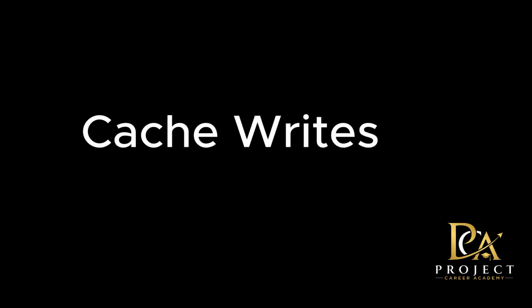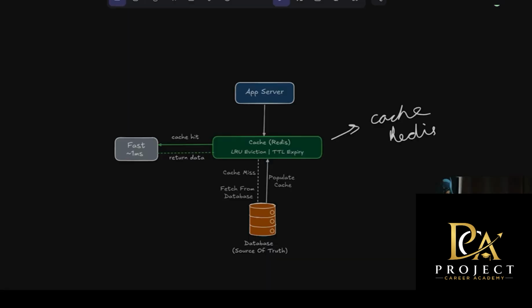While we are talking about Redis and caches, let's talk about some strategies. Caching is not just about reading data. We also need to decide how writes should behave. There are two common approaches here. First is the write-through cache. With write-through, every write goes to both the database and the cache at the same time. So a write request will go to the cache and the database. The benefit here would be the cache would always remain synchronized and reads will always be consistent. But the drawback is you pay the cost of updating the cache even for the data that may never be read again.